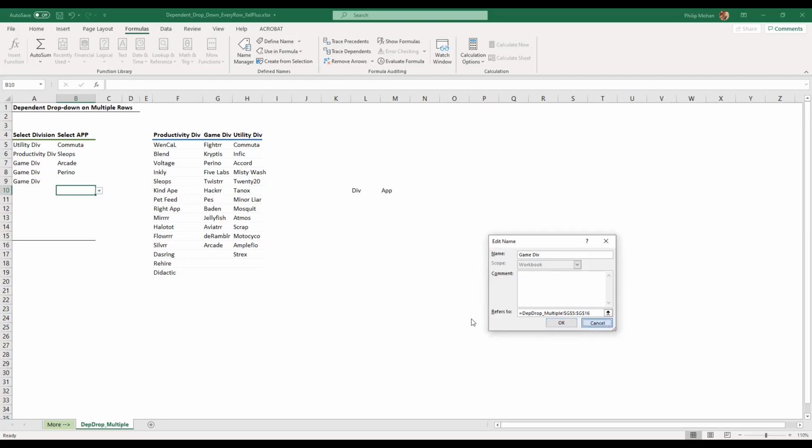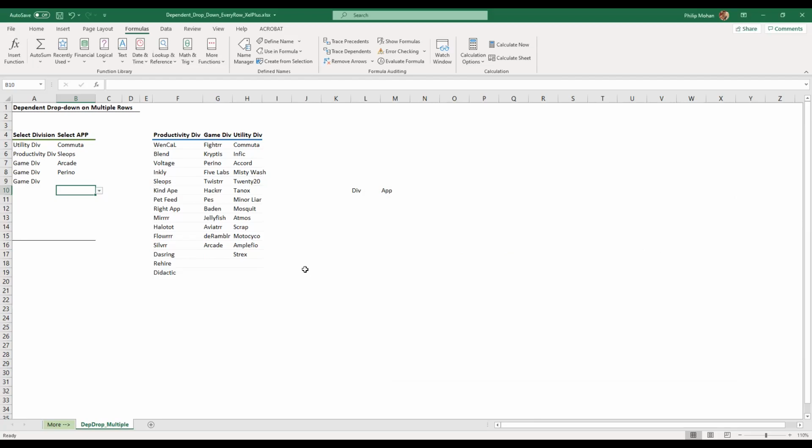Okay, just leave that for the time being. I need a workaround so that when the game div is selected. Alternatively, I'll just remove this div from here. It's easier for me, but we can also do it another way. We'll show it later. So if you go now, it will not have the div there.